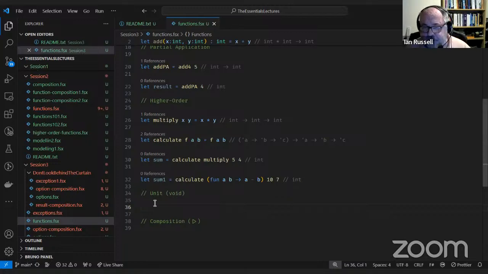So if you imagine you were doing a console.writeLine, something like that, printing out to a screen. So if we had a function called write, I'll send a message.